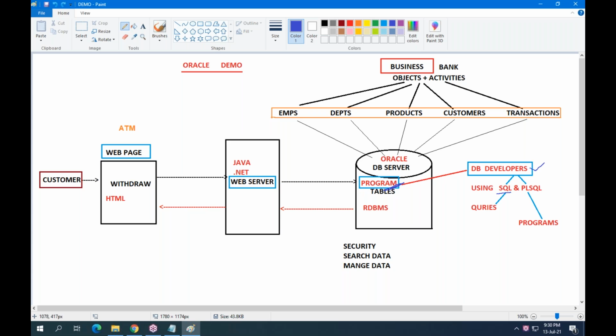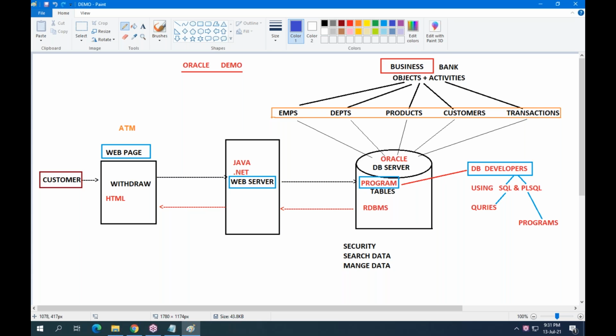So in our training, you are learning Oracle 19C. Under Oracle 19C, you are learning SQL and PL/SQL. These two parts you are learning.